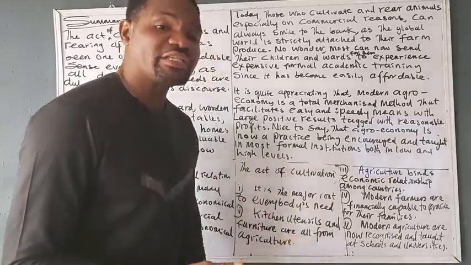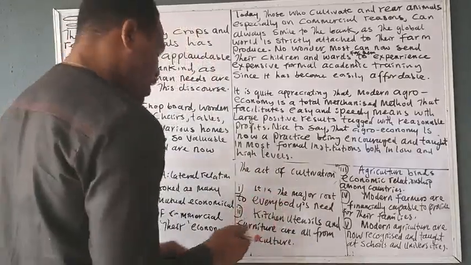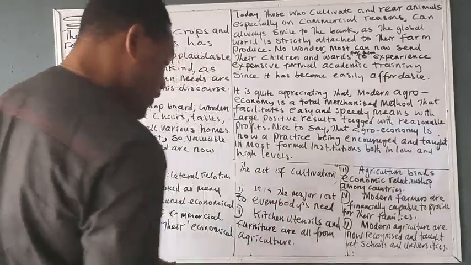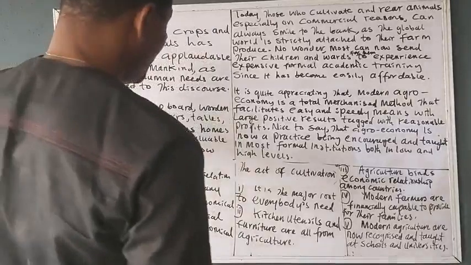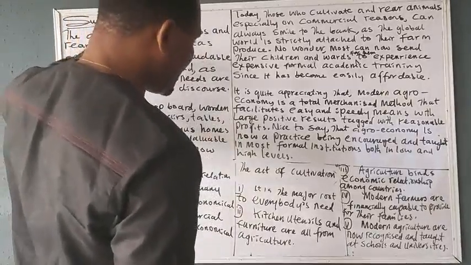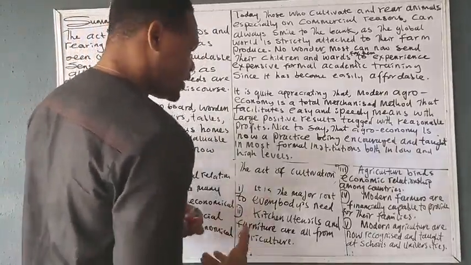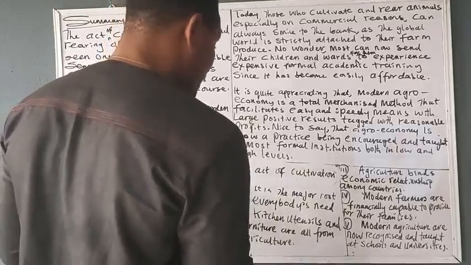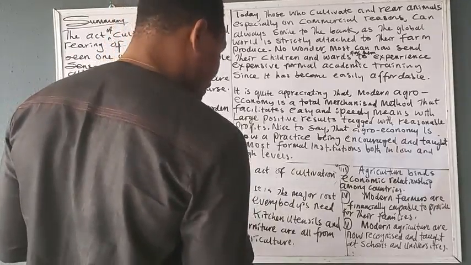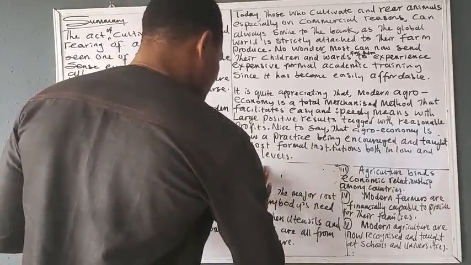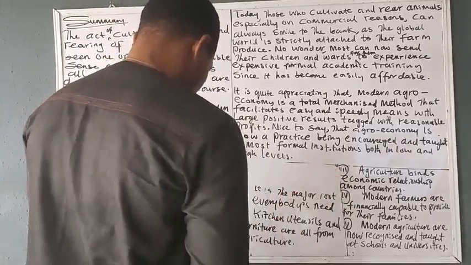And like I always say as well, all exam takers should be careful about repeating the words given in the particular passage or paragraph. So if I want to look at this, I can easily say